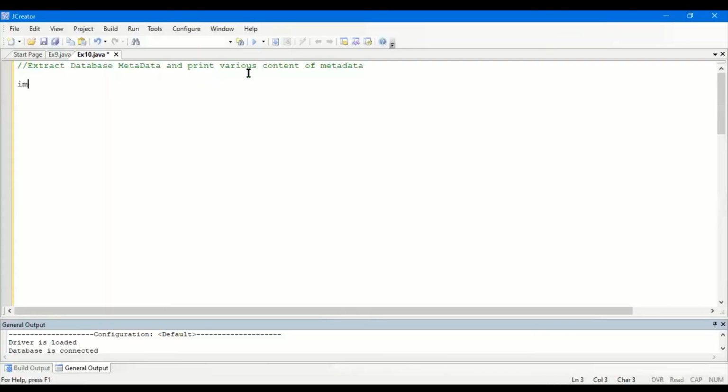As usual, you import the SQL package java.sql, and then the class definition, and then the main method definition.